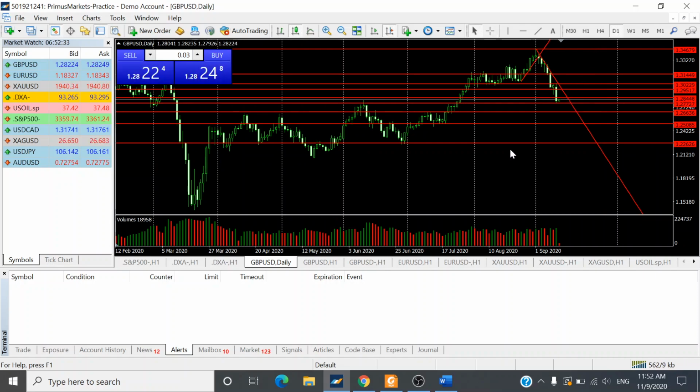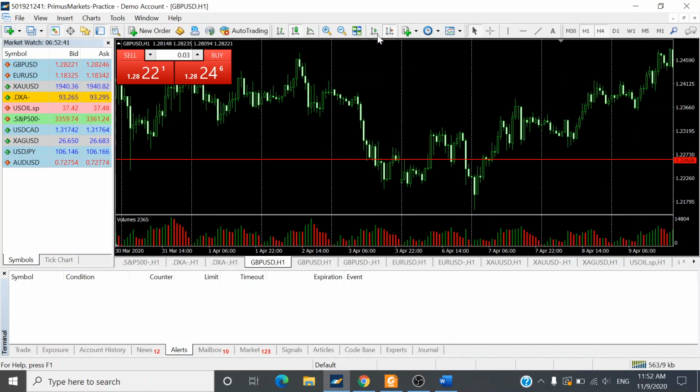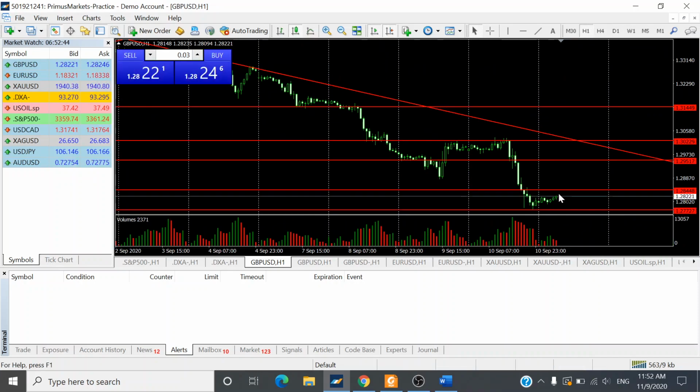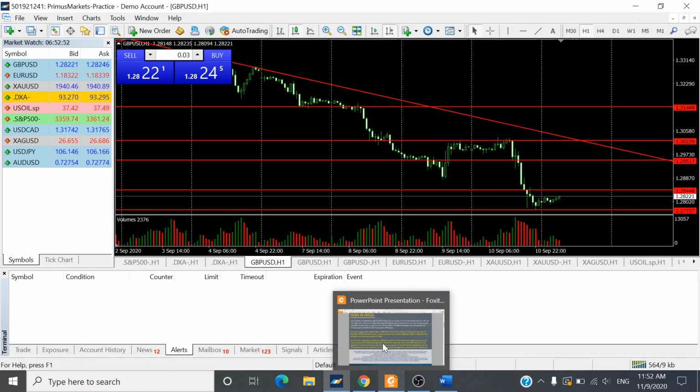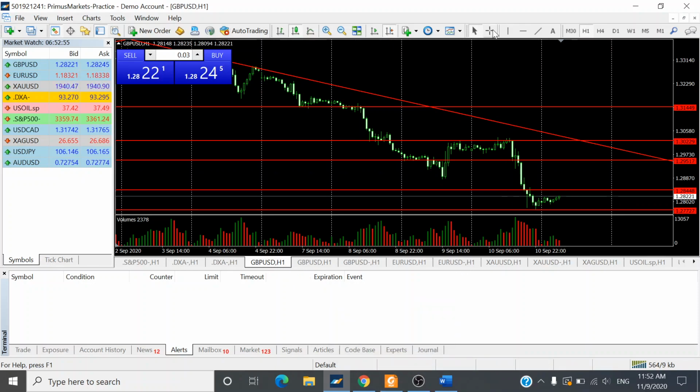Okay, but based on the daily candlestick chart, there's a chance that it may have some consolidation first. Currently it's a bit difficult to decide where it's going to go. We will only know later on towards 2 to 4 p.m. local Singapore and Malaysia time. So there's a range for the UK pound to the high side of about 40 pips to the upside, 1.2862, and also the immediate support level of